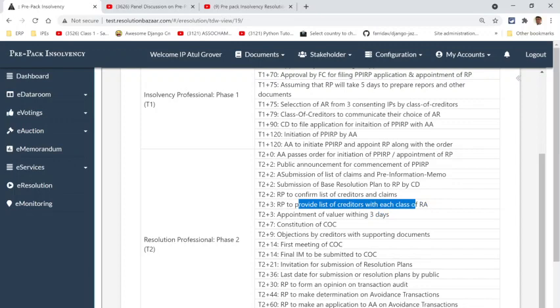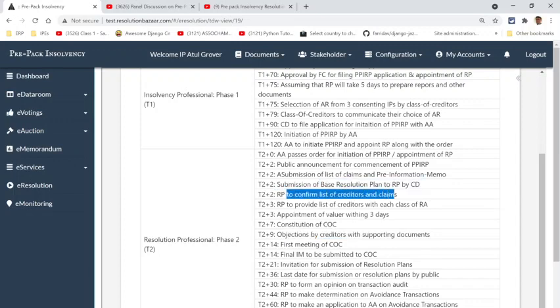Then within 3 days, as we see here, within 2 days he will take this. Within one more day he will appoint the valuer. Within 7 days he will constitute a committee of creditors. By this time the objections by the creditors will be received by him. Creditors meaning, at this stage, the list.